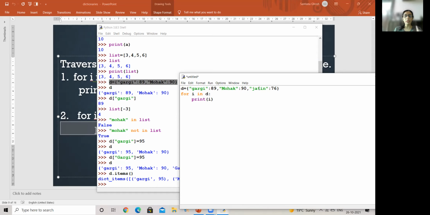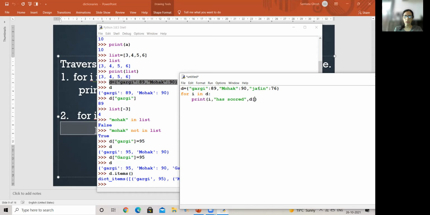So I will give the first key. So Gargi is there. So Gargi, and after that I can give a text saying has scored, and followed by that I need the value at the key I, correct?